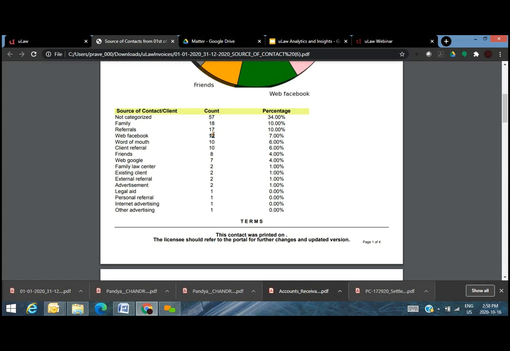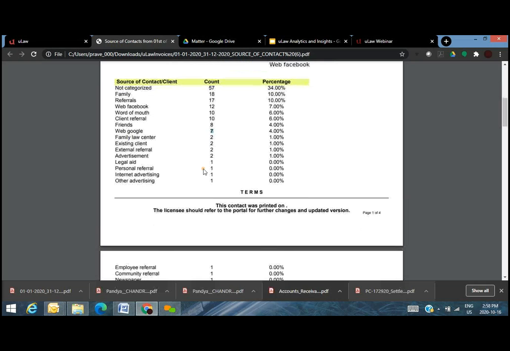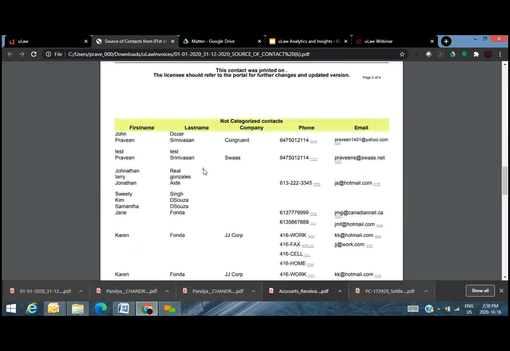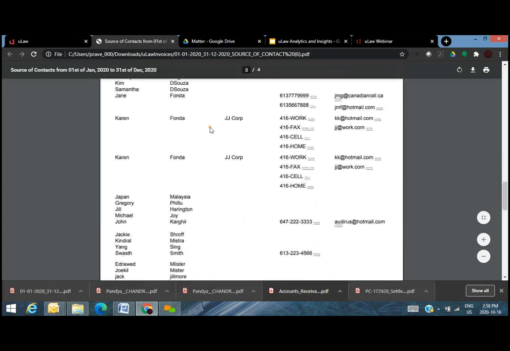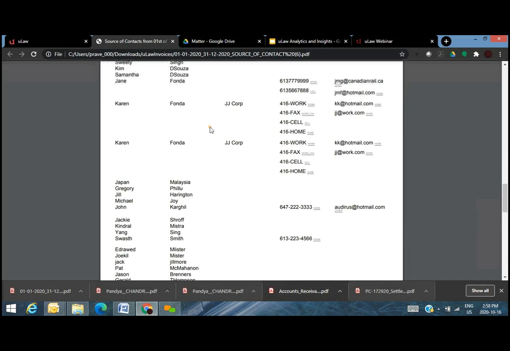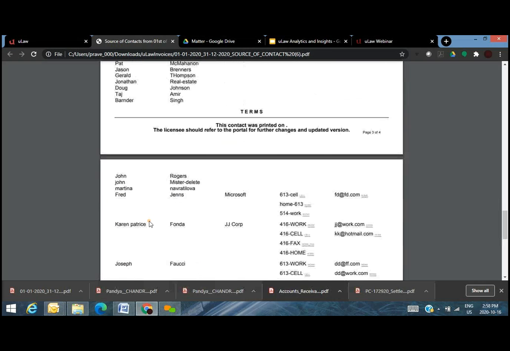Facebook has given you about 12 clients. Google search, some other networking marketing events. And we also give you the data around the clients that you have not yet entered. Once again, you don't look at this every day. But source of contact is a compliance document, so either towards an audit or if you want to take that one weekend to make sure all the data is clear and it's up to date, we can look at, let's